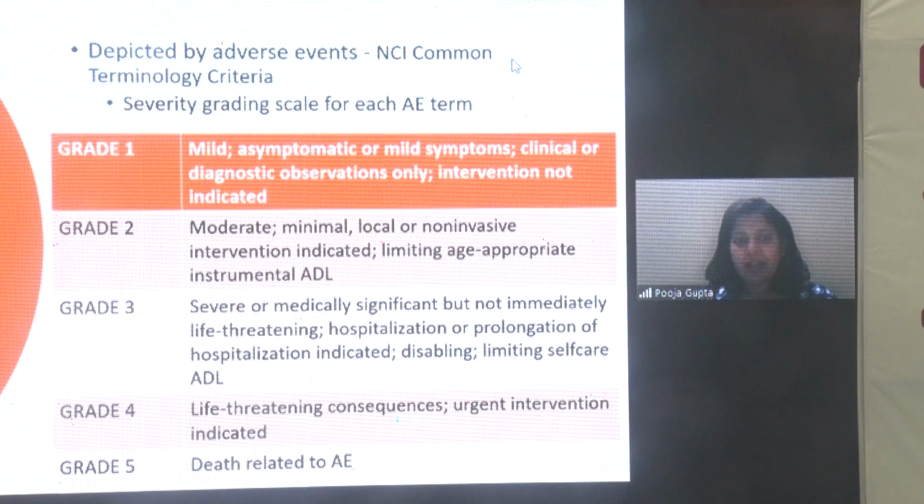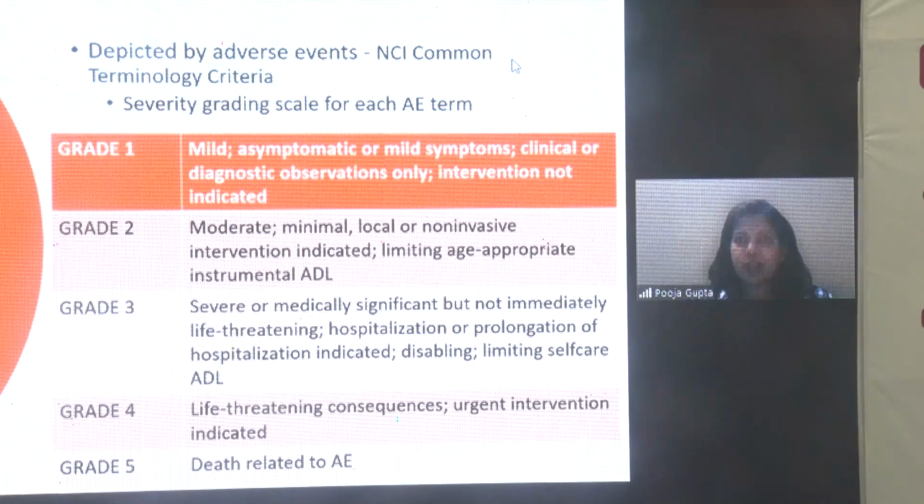Then lastly, we have safety endpoints. Safety endpoints are mandatory for all clinical trials. When we talk about cancer chemotherapy, the NCI has given the CTC criteria, common terminology criteria, wherein the adverse effects have been defined and their severity grading has been done. So when it comes to cancer, severity grading becomes really important,